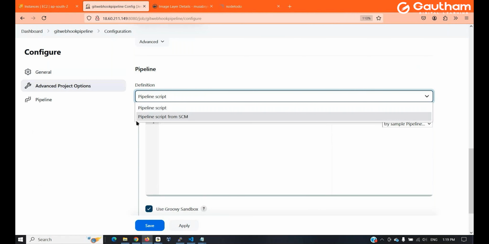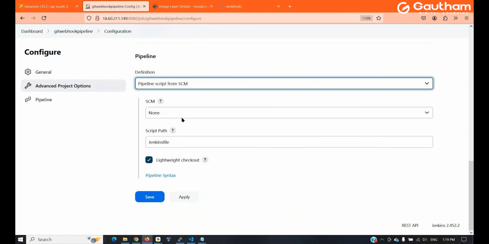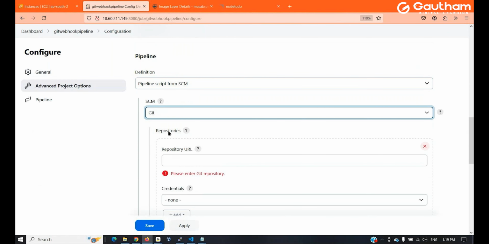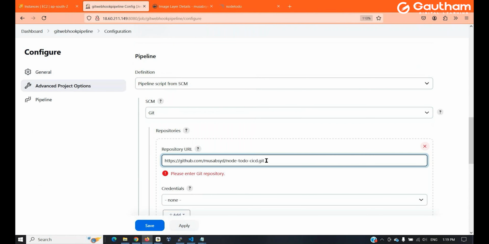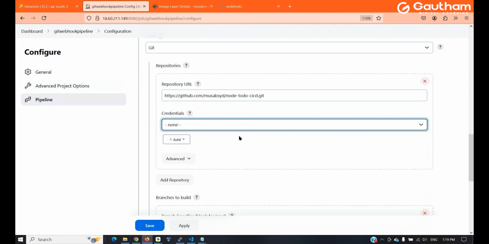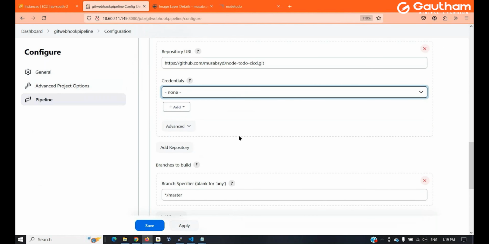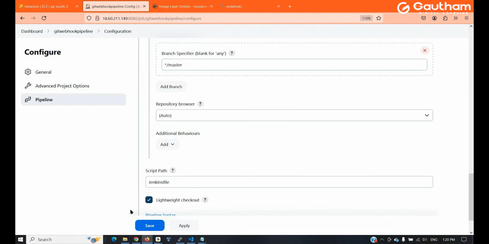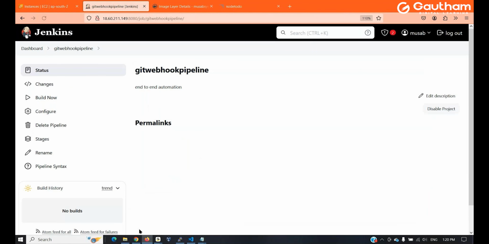So you have to say pipeline from SCM, that is source code management. Now here, what is the SCM? Git. What is the repository address? Paste the repository address. If it requires a credential, you have to give credentials also. In our case, it's a public repository, so I don't really need it. You can ignore it. Okay. Now let us save it. So I have not written any kind of pipeline here. What I did, I have asked it to get my pipeline from GitHub. Right now, if you say build now,